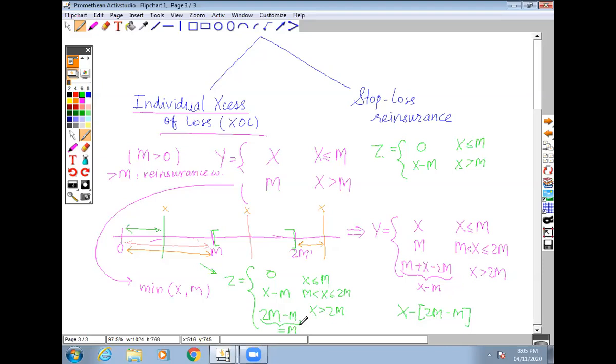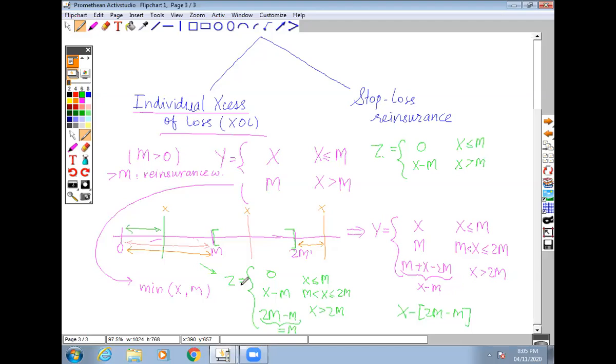Easy, right? And again, this is all that there is in this chapter, and the rest of it is actually very simple. You just have to take expectation, figure out some moments and see what's going to happen. So figure out some distribution. And there is just one more thing in the chapter, which is finding the distribution of the claims for the reinsurance company, which we'll have a look at in some time for sure.